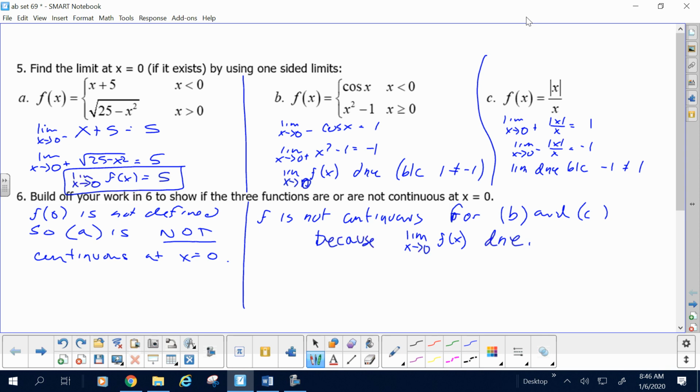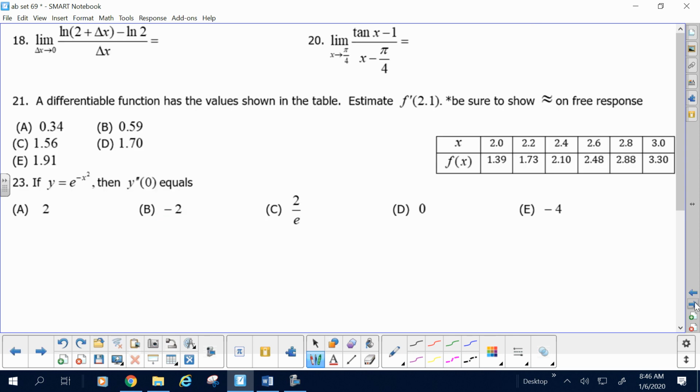Not continuous for all three, right? Wait, Sam. Yeah. The maximum is where that double prime... You plug in those. Oh yeah. All right. You're right. So there's a relative, there's an absolute min at